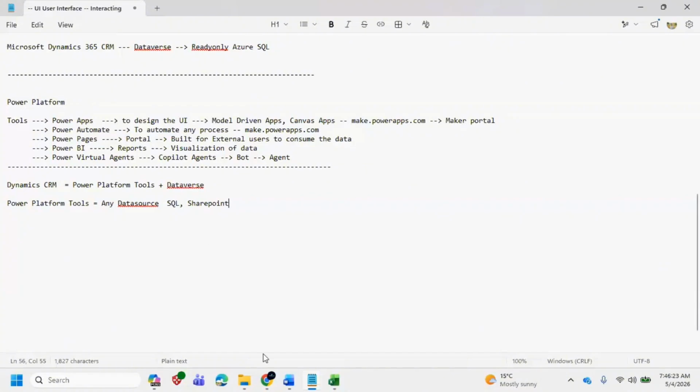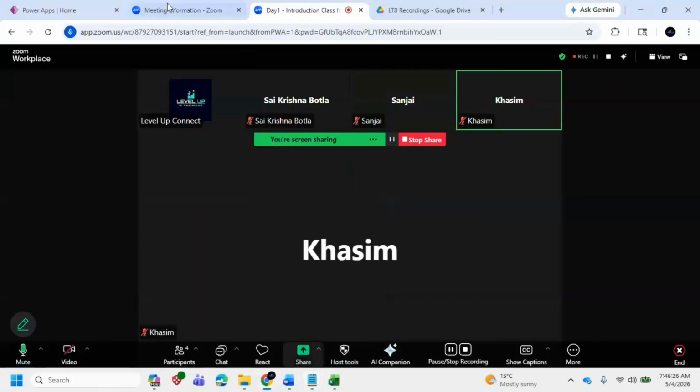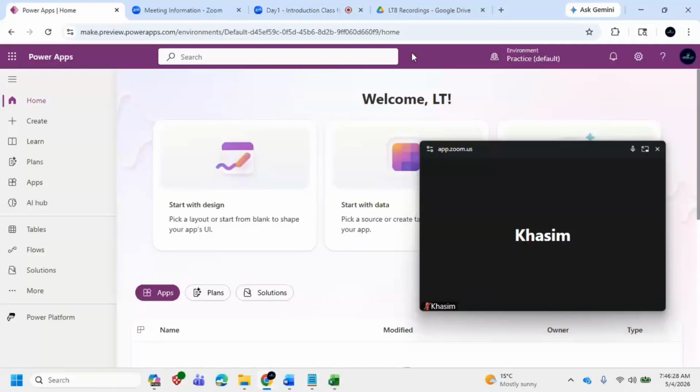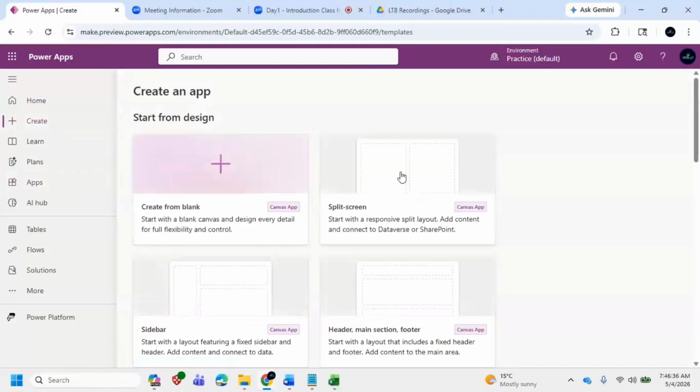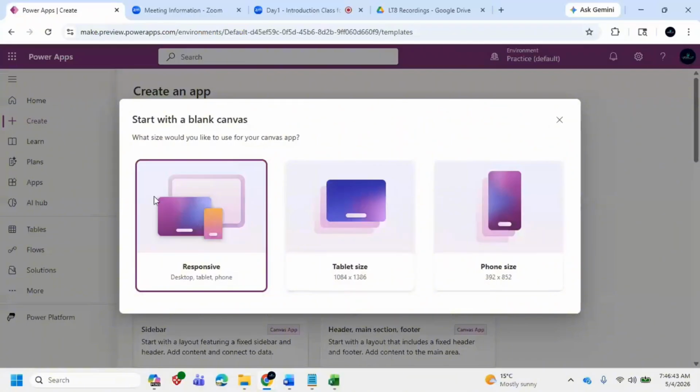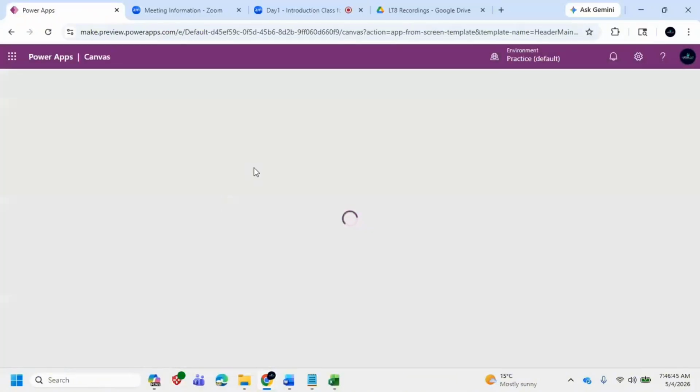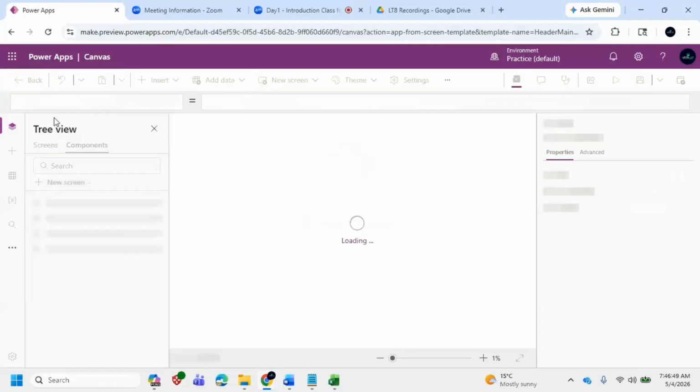Now let me open some environment. You will understand. Now, if you see, this is my Power Apps. Make that Power Apps portal. Now, if you see, when I go to Create here, you have create from blank, like this. So whenever you click on create, it will ask for the blank canvas. So once you land here, if you see,